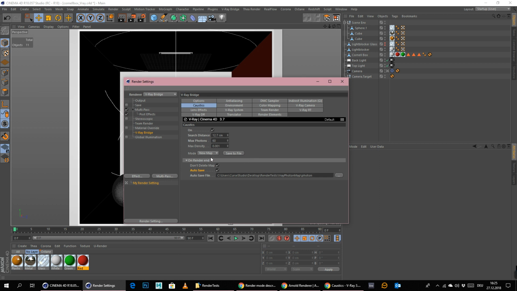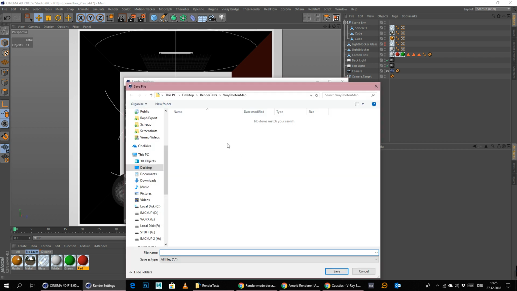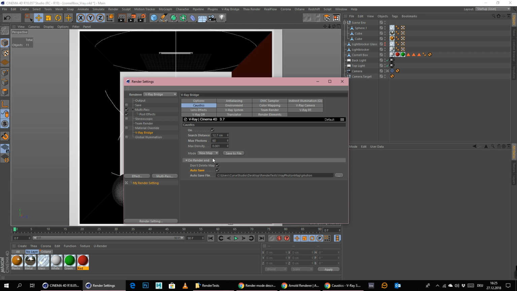Alright. And I don't know if I can save something here already, let's call this photon 2. I'm not sure if anything was calculated. And from file, if I use this now, okay, I think we can just simply,